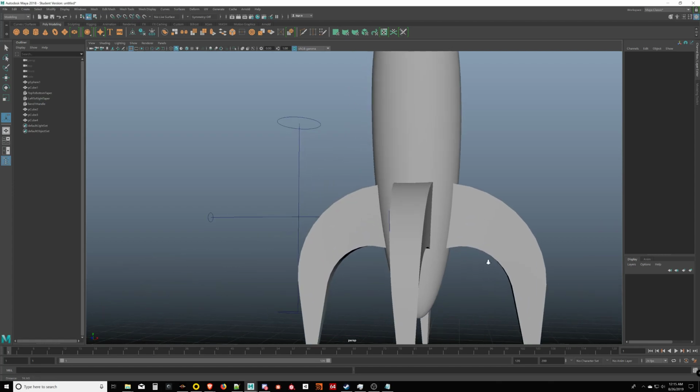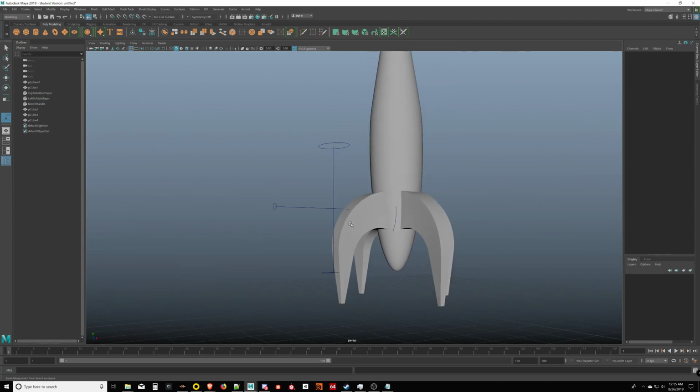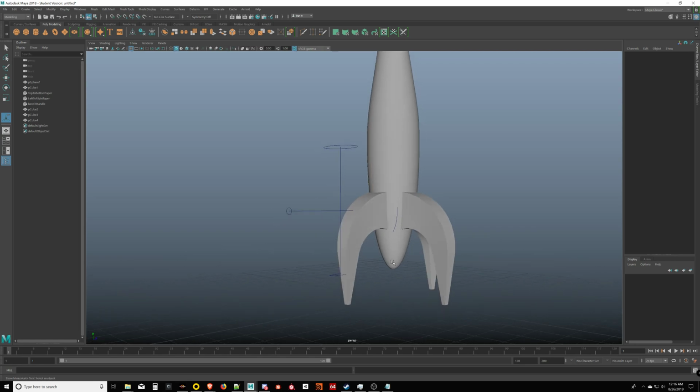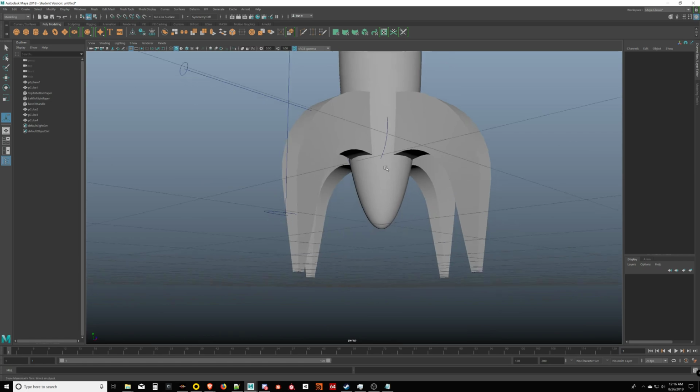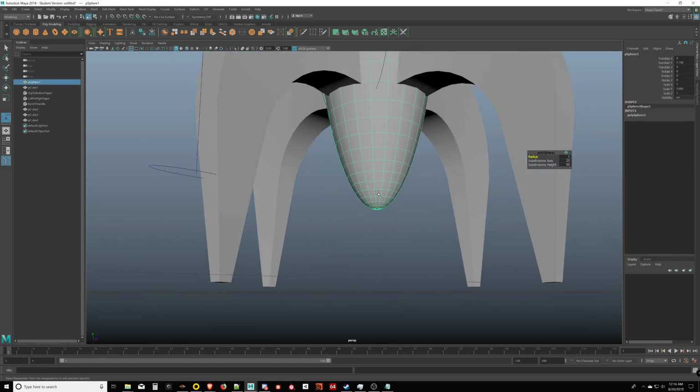Okay, so now that we've got some fins and a body, let's look at building some boosters. So I'm looking at this rocket, and I think that the bottom part of the rocket is coming down a little bit too far. So I'm going to select the body again, right click, go to vertex,